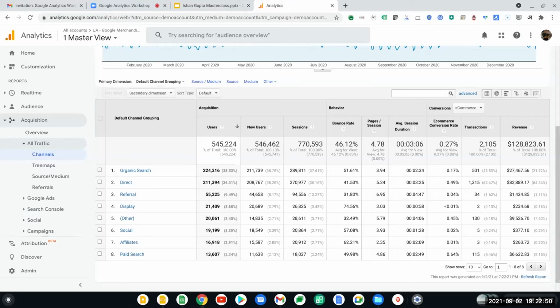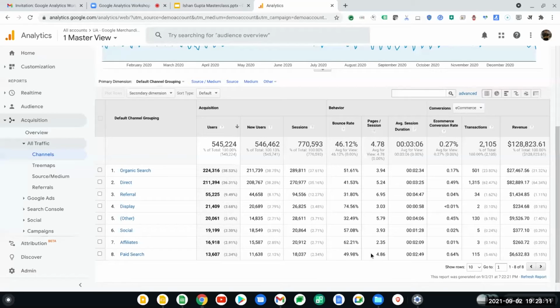I think it's written here, the last one, which is paid search, if I'm not mistaken. Yes. So in this case, as you can see, the bounce rate is 49.98%. Correct? Which is from paid search.